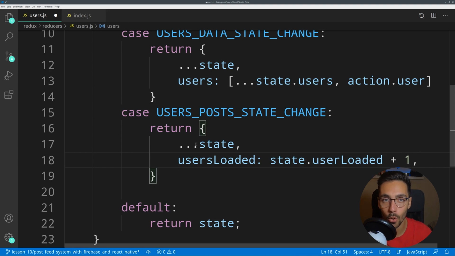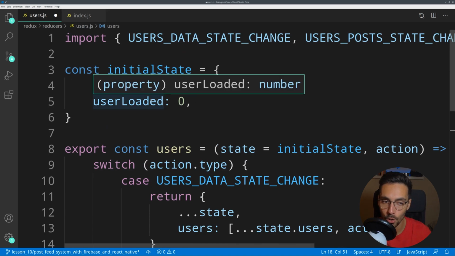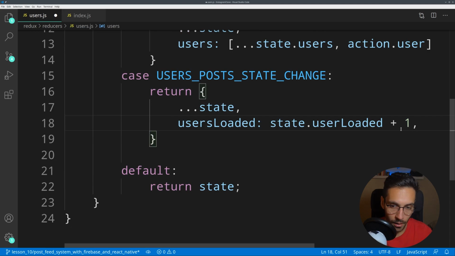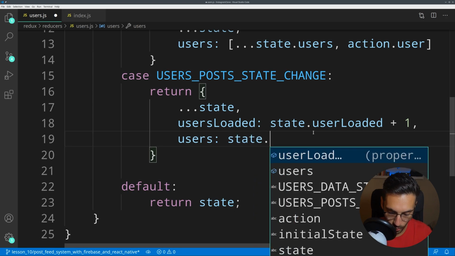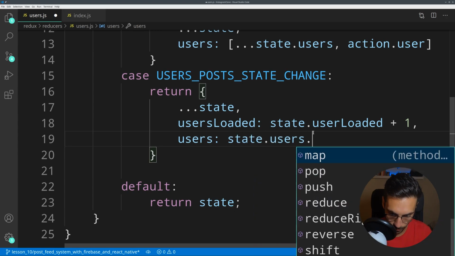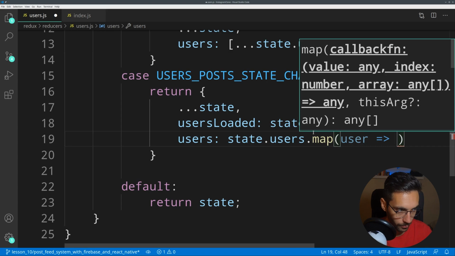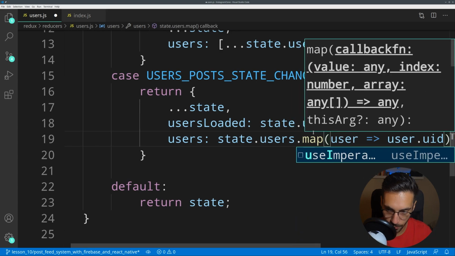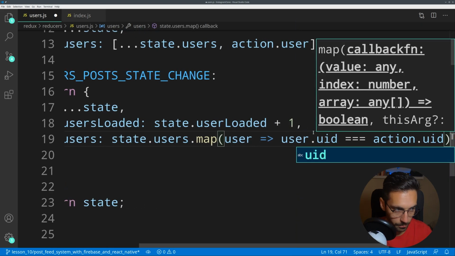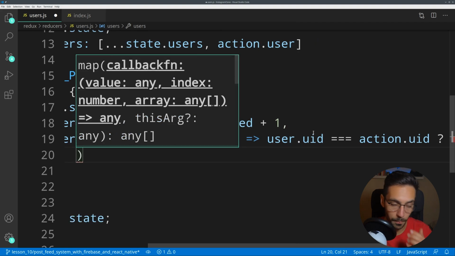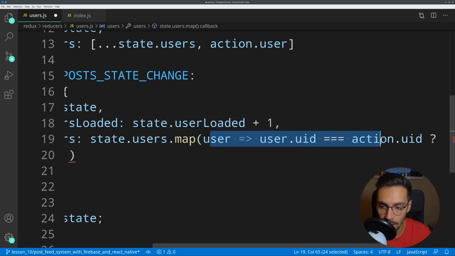Because after we get the post, there's nothing else to load from that user, so we can increment users loaded, just make sure everything is correct. Then we are going to say users, and now we say state.users.map, user arrow function, user.uid equals to action.uid. Now we say question mark, and this means if a user is found within these constraints, then we are